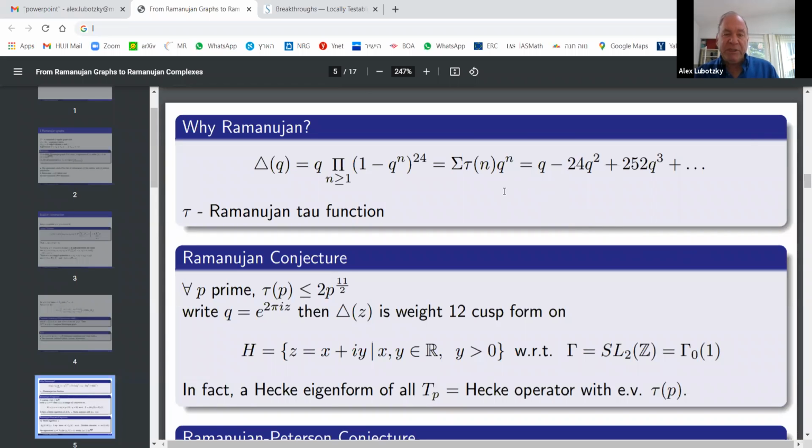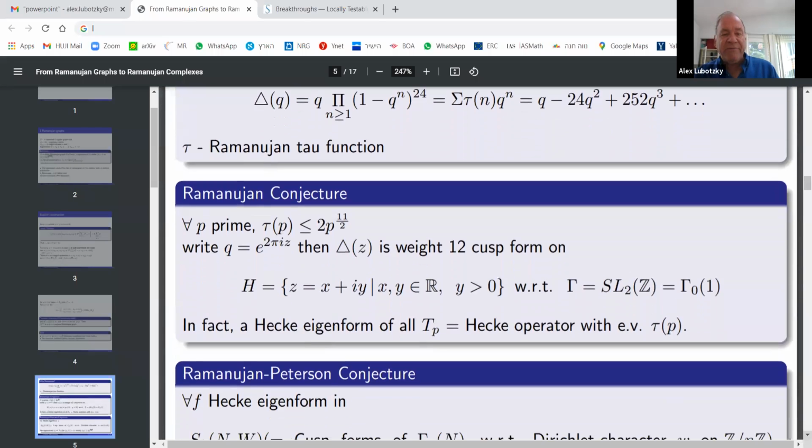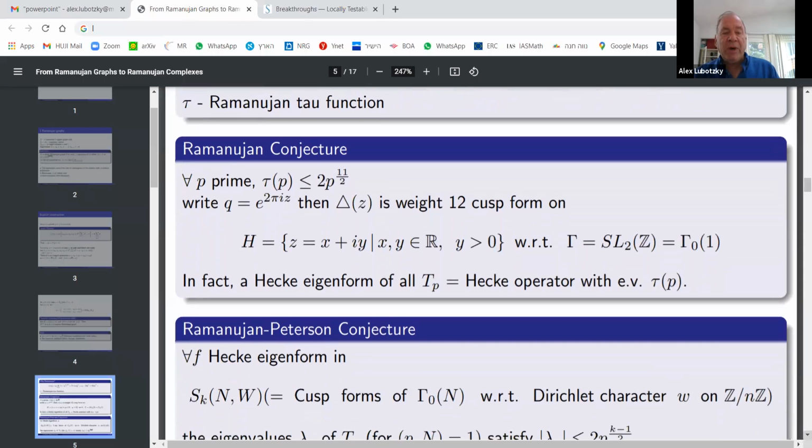One is about the multiplicative property, but the famous Ramanujan conjecture was that for every prime p, tau of p is less than p to the 11 over 2. Why, where does this number come from? Well, this theta of z is a cusp form of weight 12 on the upper half plane with respect to the modular group SL2Z,